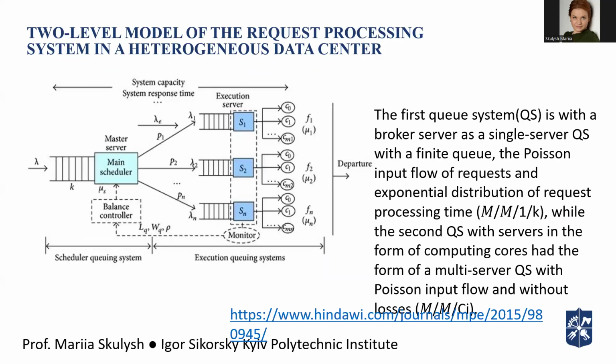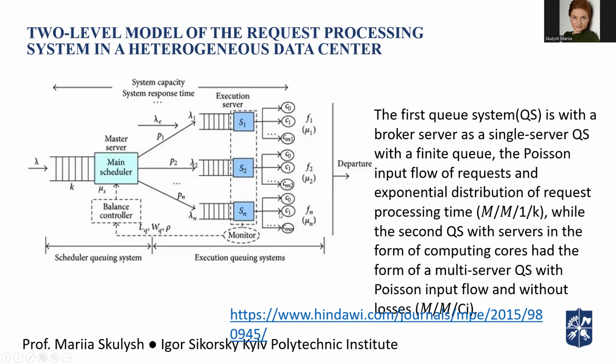According to the two-level model of request processing, what can we say here? First of all, it's a common picture of the scheduler. We have some queue where we receive requests with some densities. It means how many requests per time slot. Then the main scheduler